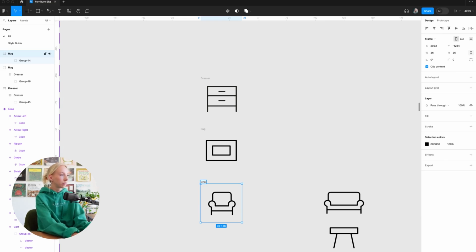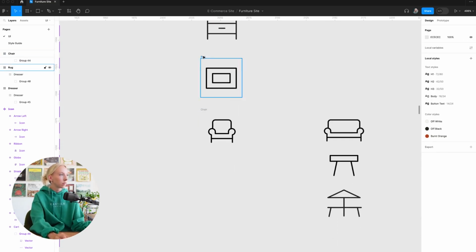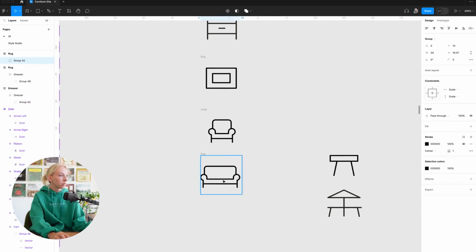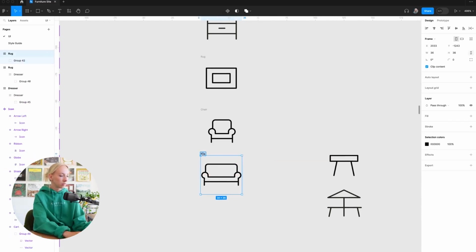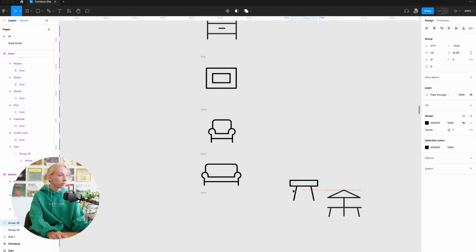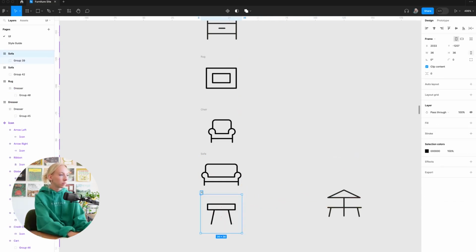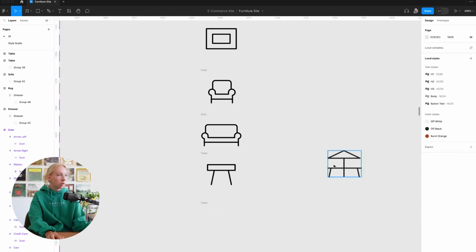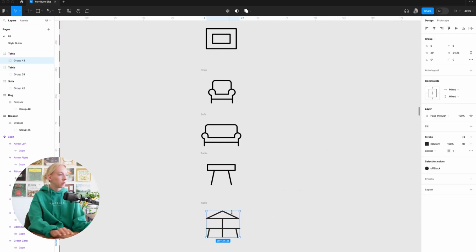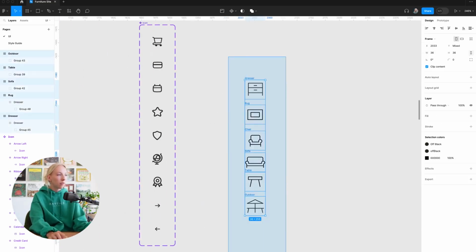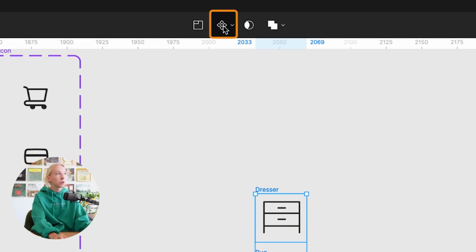Chair. Sofa. Table. And we'll call this outdoor. Okay, so now we have all of these, and we can go up to this component